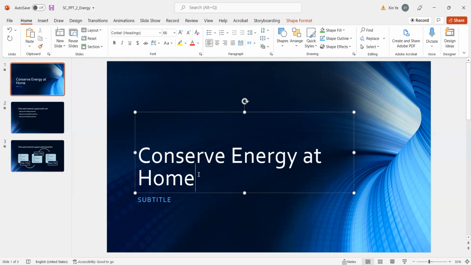Then you're going to change the size of the font. After you type the title, you want to make the title font